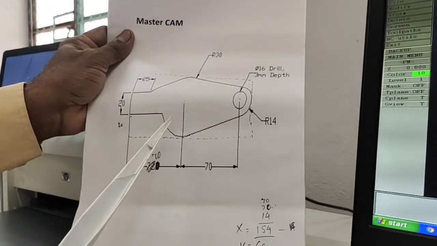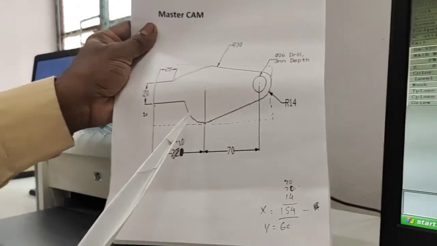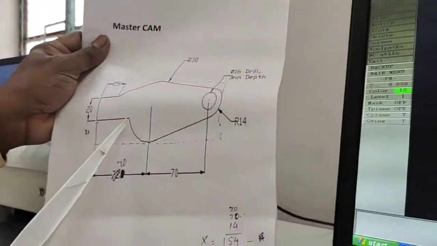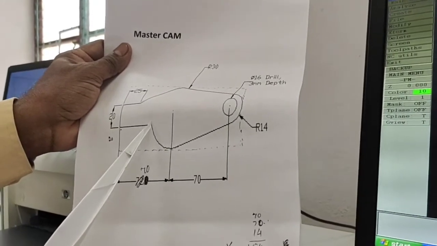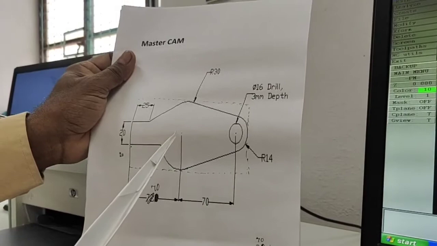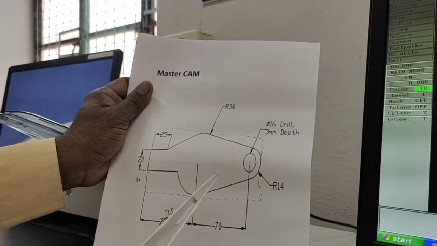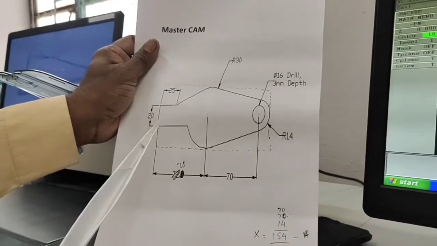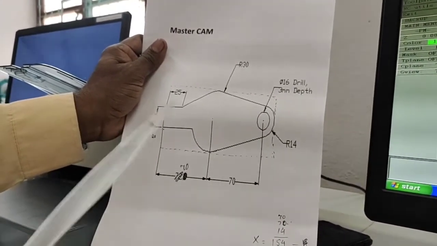But in the MasterCam software, it automatically finds the end point by the intersection of the horizontal line and the arc. The end point will be followed. This is a very important feature available in MasterCam, and the difference between MasterCam and the Tricad package. Now we start to draw the particular drawing.